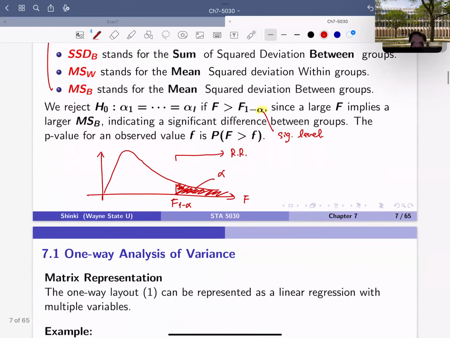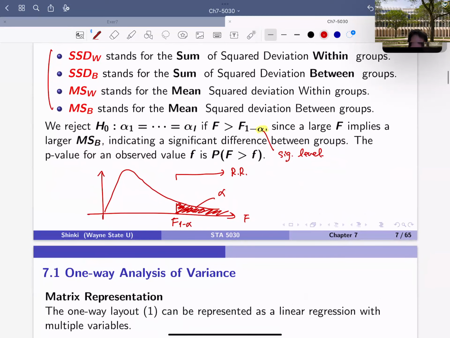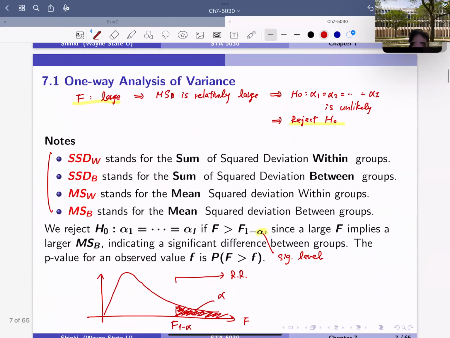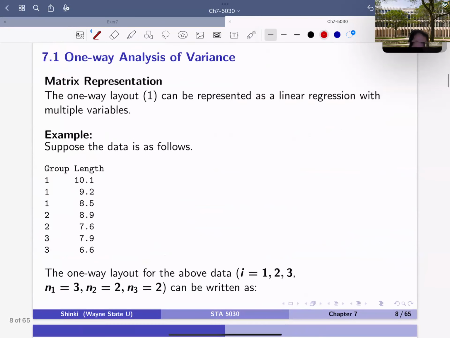So this is how to test the null hypothesis. Yeah, so this is the basic idea of the ANOVA. And the next topic is actually